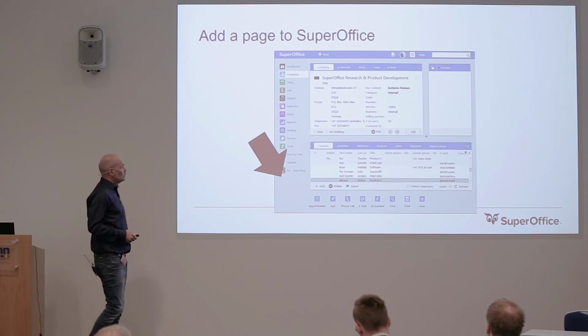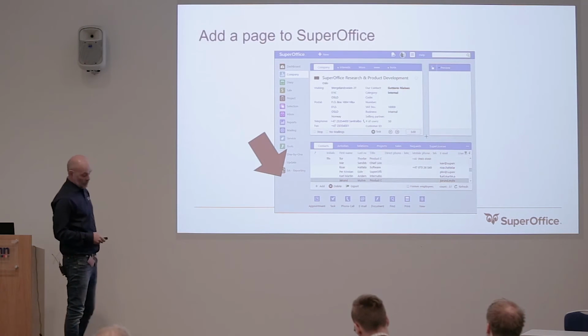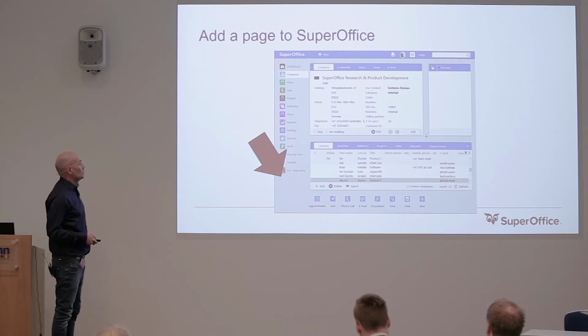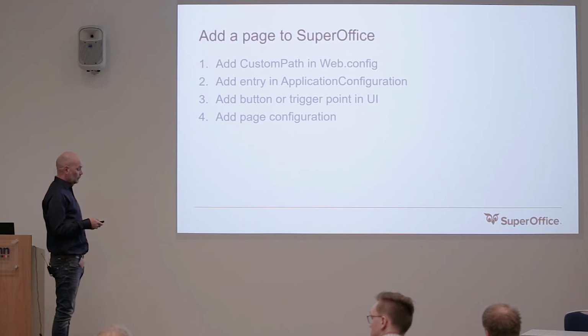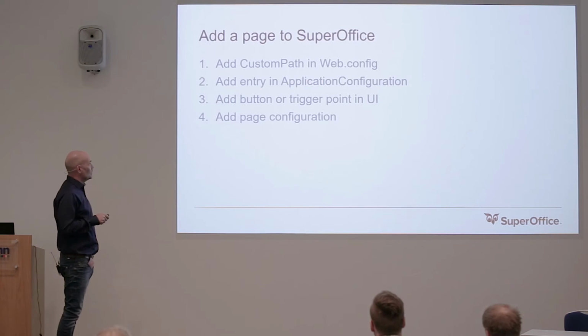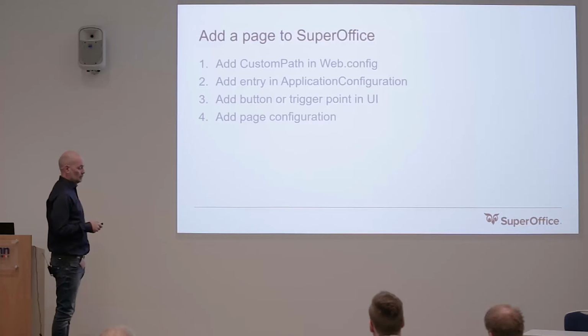Okay. So, adding a page. I'll show you a few steps of how you add a page to SuperOffice. Usually you want to, for example, add a button to the navigation panel on the side. The 4 steps you need to do: add a custom path, add in that custom path a merge file that adds an entry into the application configuration, add in the navigation panel config a button that executes an SO protocol that actually starts your page,